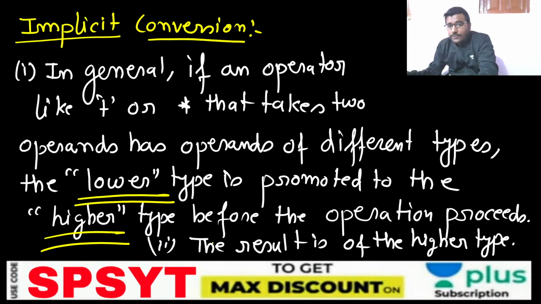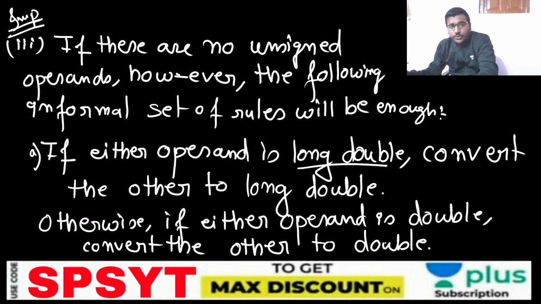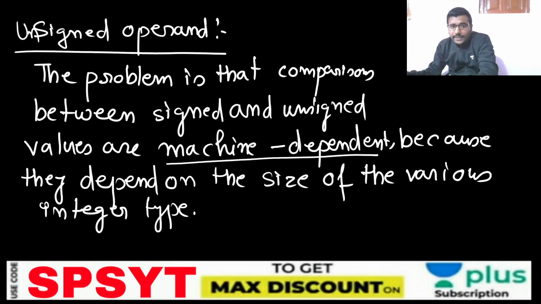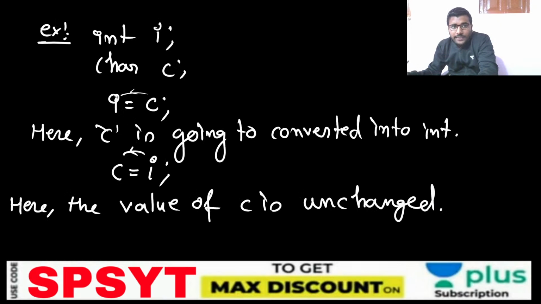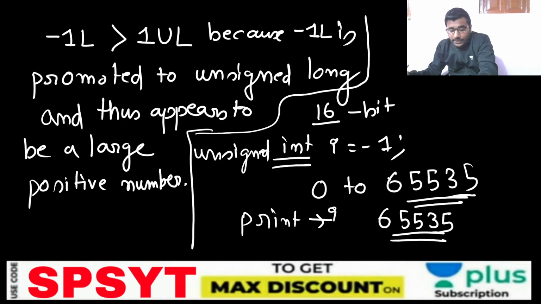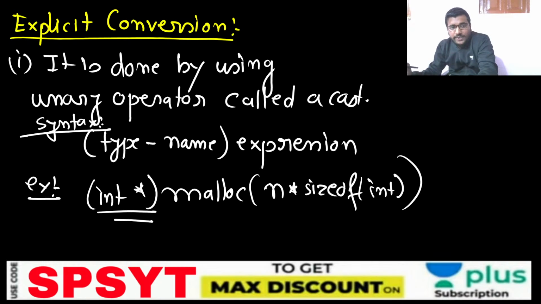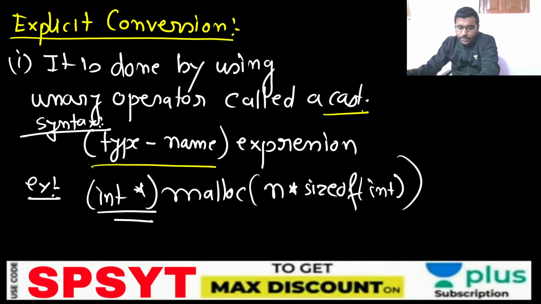फिर हमने इम्प्लिसिट कन्वर्शन का रूल देखा, लोअर टू हायर कैसे कन्वर्ट होगा। रिजल्ट हायर टाइप में कन्वर्ट होता है। अगर कोई ऑपरेंड लॉन्ग डबल है तो वो सारे को लॉन्ग डबल में कर देगा, अगर डबल है तो सभी को डबल कर देगा। फिर हम अनसाइंड देखे। अनसाइंड में कोई रूल नहीं है, ये मशीन डिपेंडेंट है। साइंड में सिर्फ रूल है। फिर एक्सप्लिसिट कन्वर्शन देखे बाय यूजिंग टाइप, जो यूनरी ऑपरेटर जिसको हम कास्ट करते हैं।